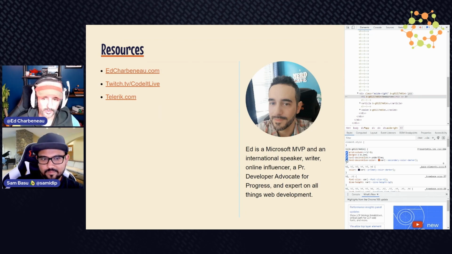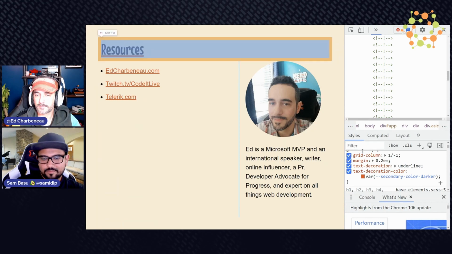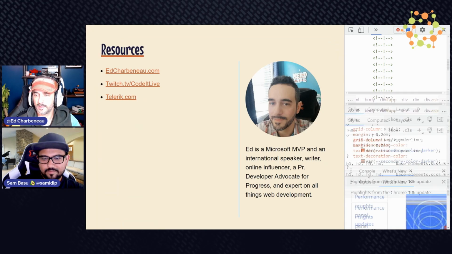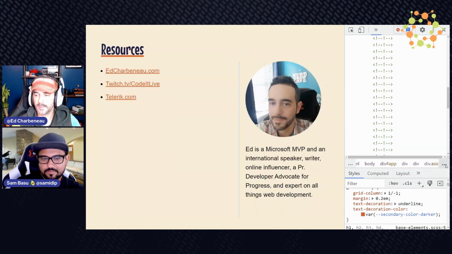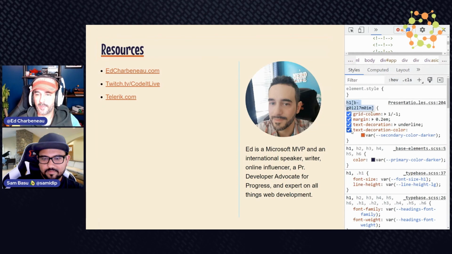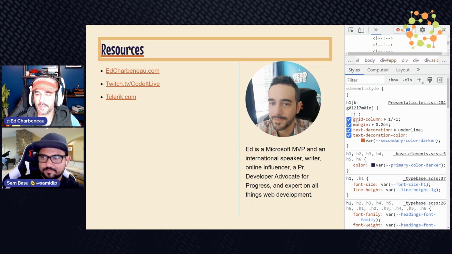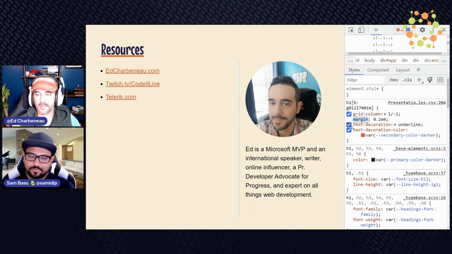So I don't think I have my zoom tool. Let's see if I can, there we go. Zoom in there. So this is just some nice CSS code that makes this happen. And trying to get this bigger if I can. There we go. Yeah. So here's my H1 tag, and you can see the CSS isolation being used here. And then it's inside of a grid, and then it has some margins around it, but then it has